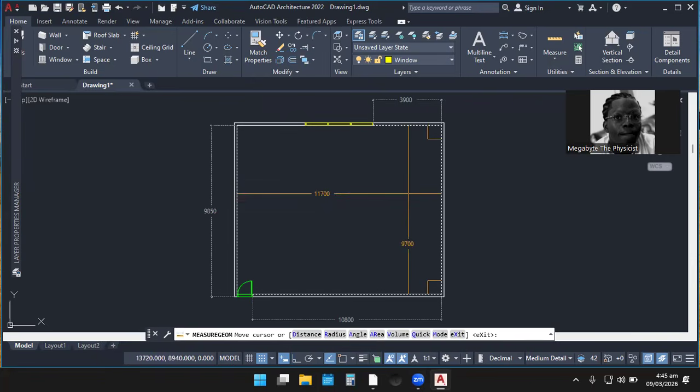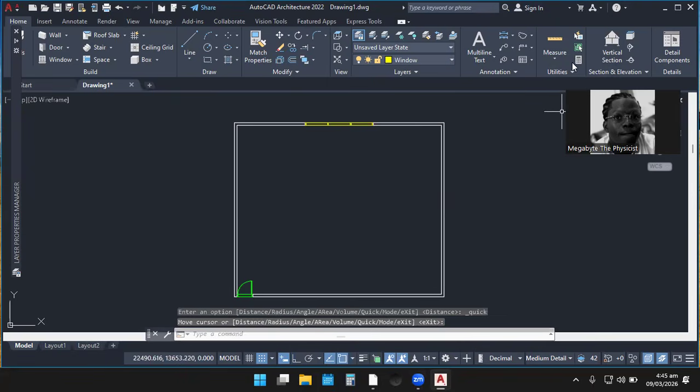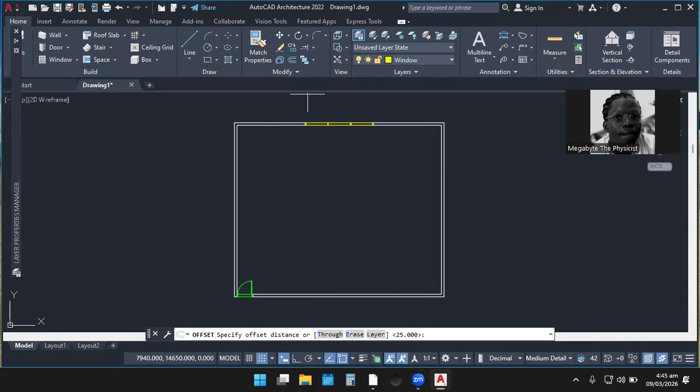So this distance is 9,700. Okay, so 9,700 divided by 3, we're going to get 32.33. So let's quickly remove this command and let's pick that. So that is offset, and then the dimension we're going to specify is 3,233.